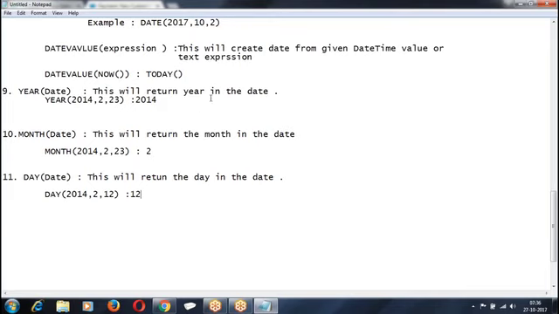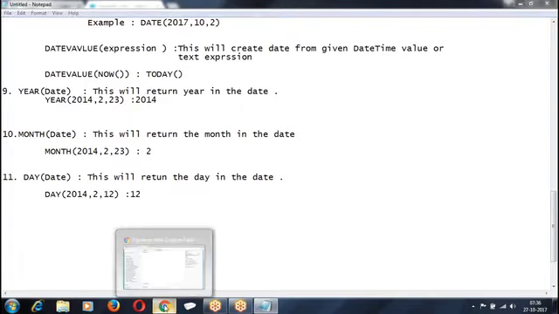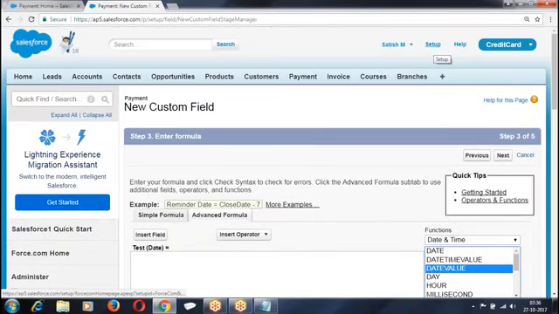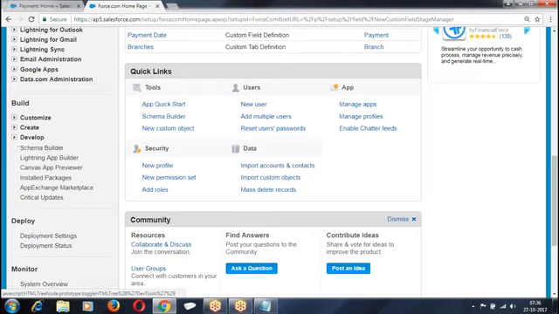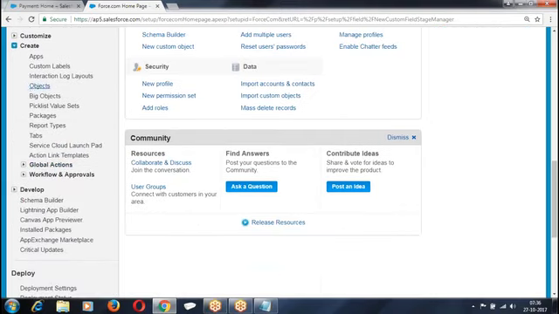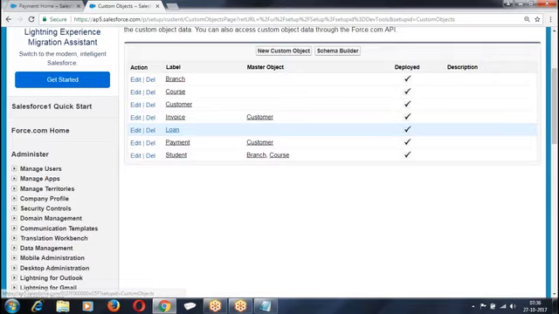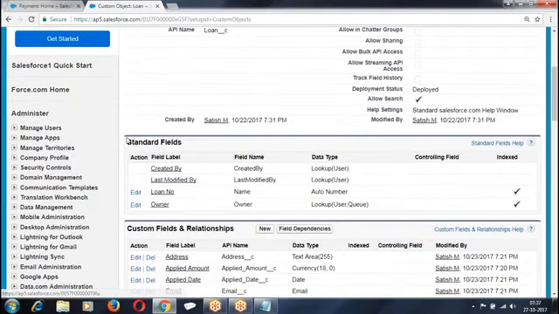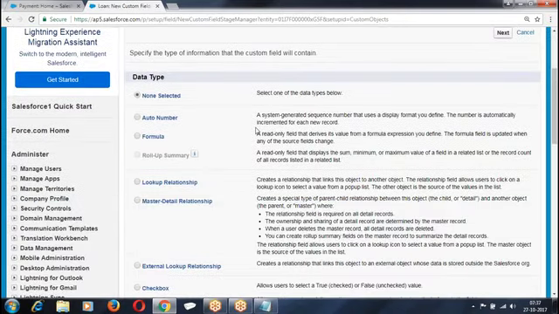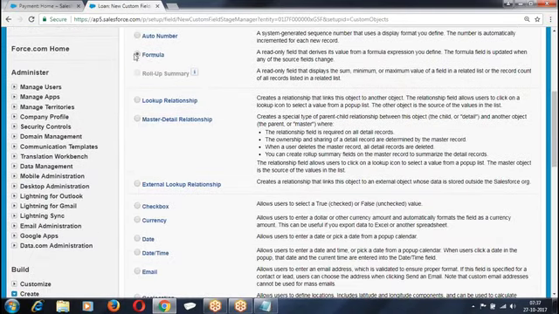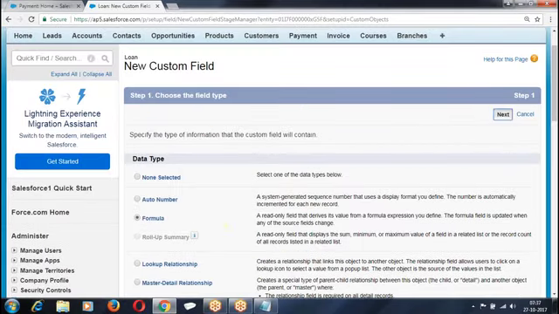Basically, if you want to create any formula, how do you create it? Let's complete some examples on these functions. Go to Setup, Build, Create, Objects, go to a particular object, Custom Fields and Relations, New, choose Formula as the data type. Why is roll-up not enabled here? Because it is not a master to any other object.